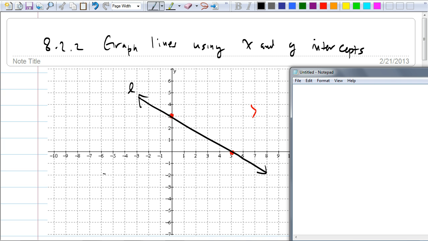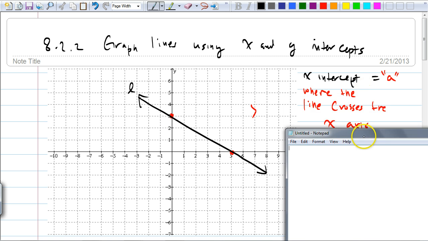It's actually a number, X intercept. When I say X intercept, what does intercept mean? Intercept is the point. Yeah, which point? 5. 5 is correct. In other words, what do you think an X intercept is in general? It's when the line crosses the x-axis. That's why it's called